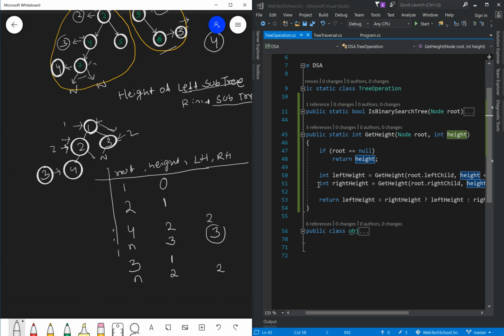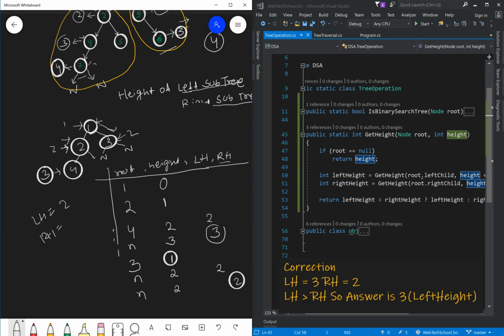Now it's going to execute line number 51. Root dot right child is again null, so it will increment the value to 2. This value we have got: left height is equal to 2 and right height is equal to 3.